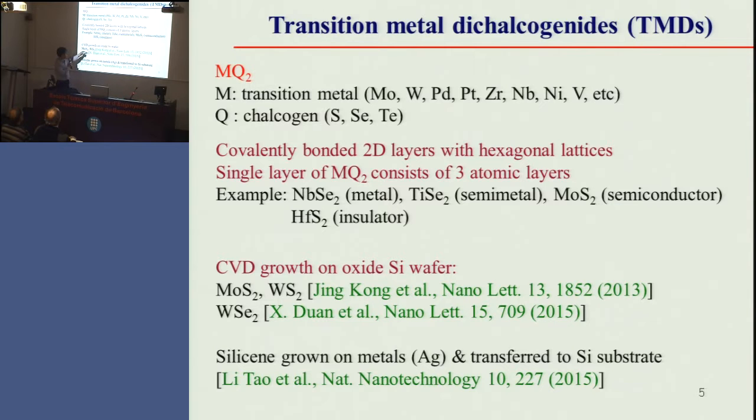Nowadays, CVD growth on oxidized silicon wafers for these transition metal dichalcogenide materials is very active. There are some examples here. Although silicene does not belong to this kind of material, it corresponds to the same category as graphene. They don't have band gaps and such things. However, they are also very interesting materials which can be grown to large-area two-dimensional materials. They are also a very effective and active area of research.